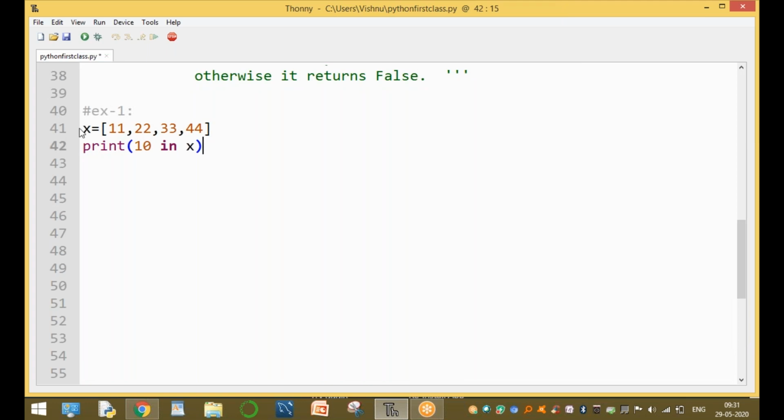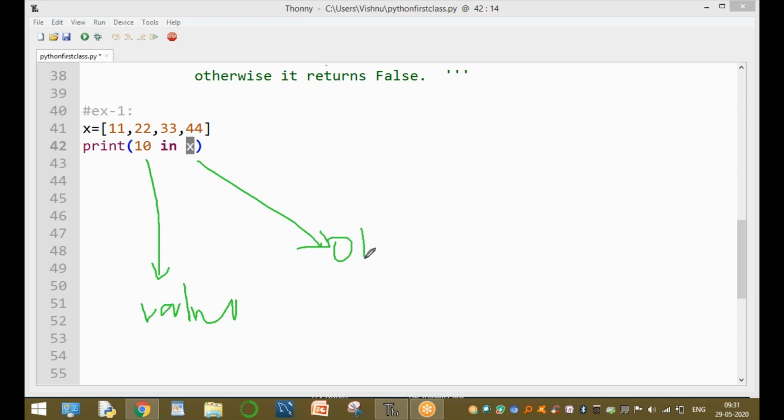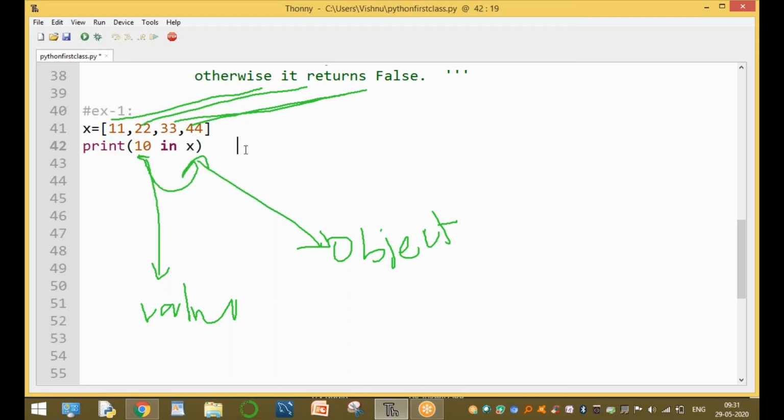Is the value present or not in x? 10 is a value, and x is an object of the list class. Is 10 present in x or not? 10 is not present. So finally it is false.